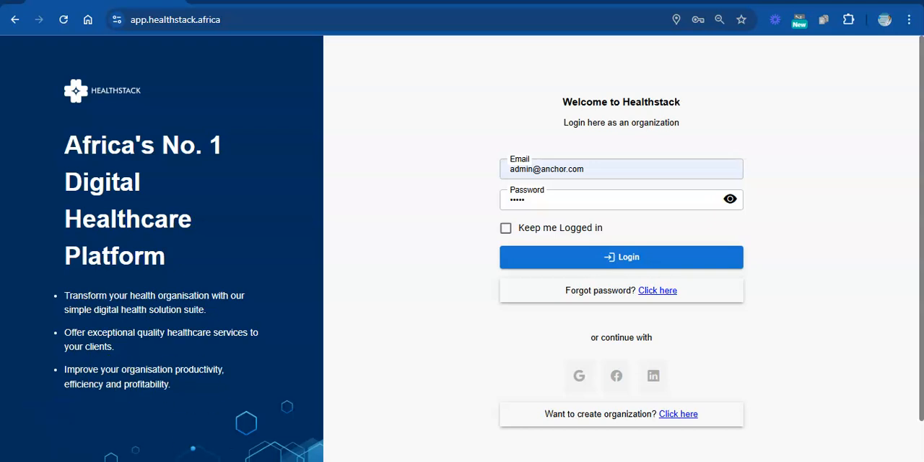Hi, so in this video, I'm going to demonstrate how you can create a lead and generate an invoice for the lead, and send the link to the corporate client for them to onboard. I'll be doing this from the HMO's backend, and I'll be using a demo account for HMO admin of Anchor. I'll log in as an HMO staff,